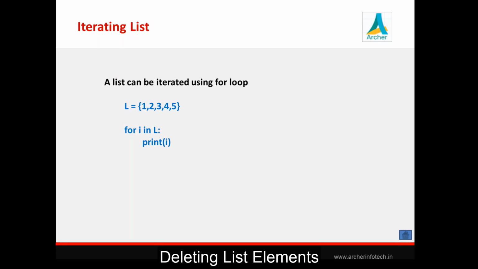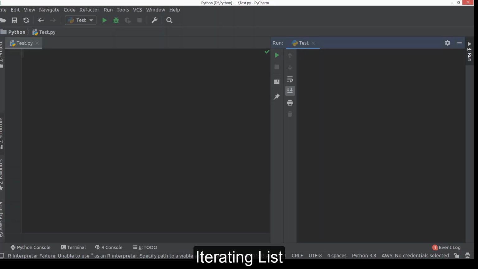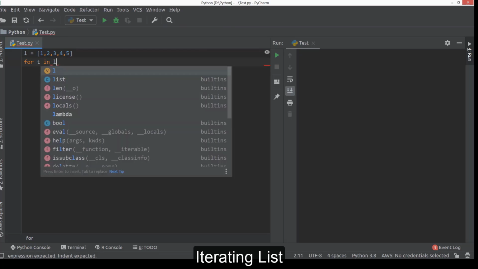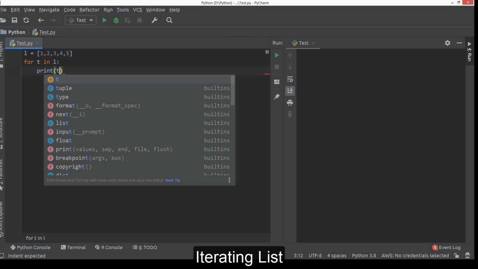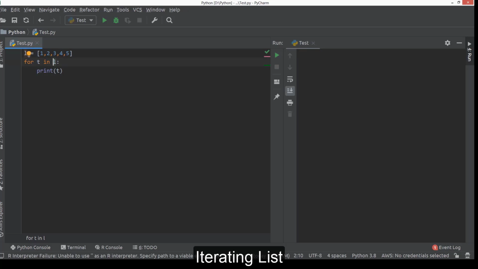Next, we'll check how we can iterate a list. We can traverse a list by using a for loop, just how we have seen in case of string also. Suppose this is our list and some 5 values over there. So we can traverse this list by using a for loop like this one. So t is one single element of the list here, and this loop traverses through this list from starting value to ending value, and here we are printing it one by one. So for is a loop which in Python we mainly use to traverse a sequence like string, list, tuple, etc.